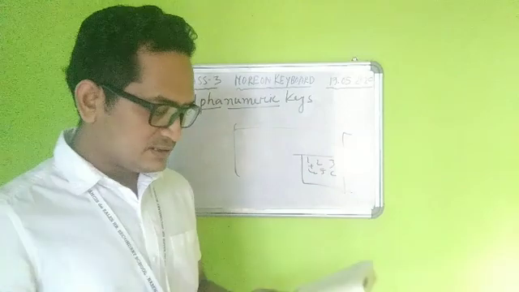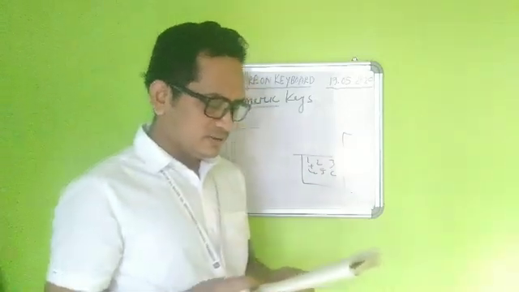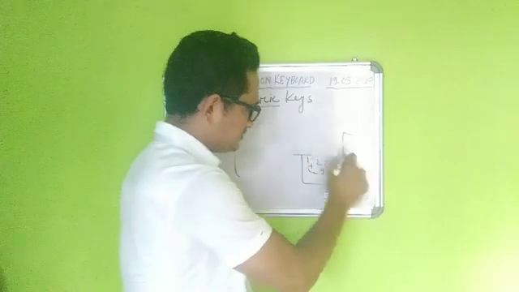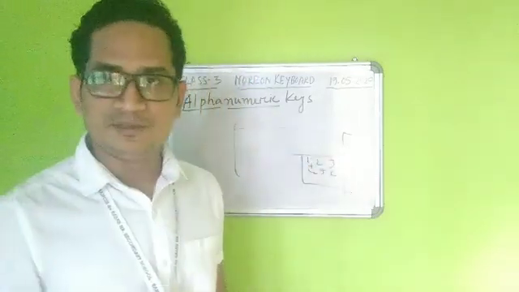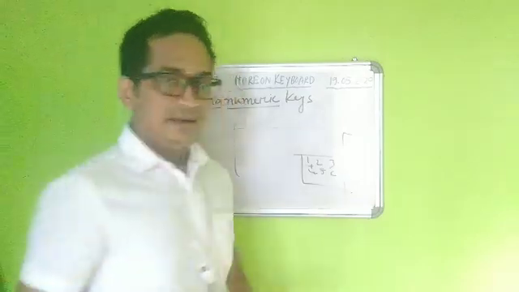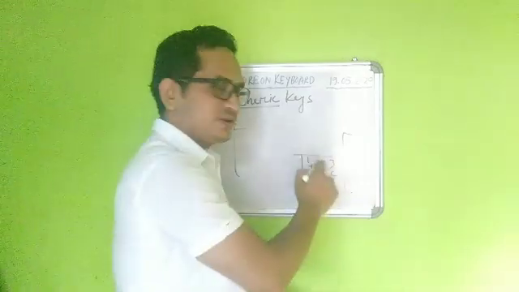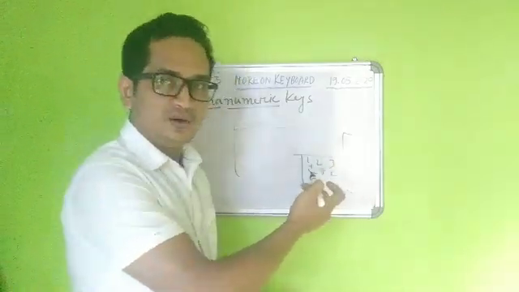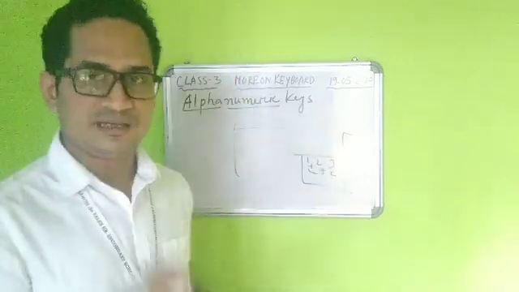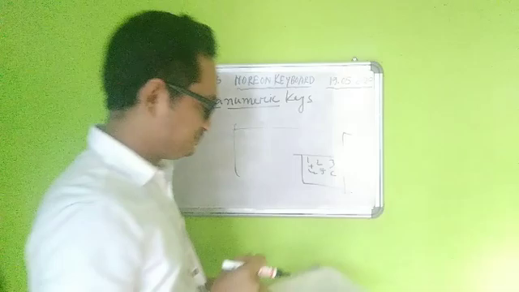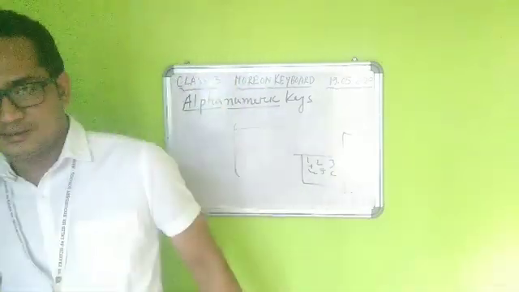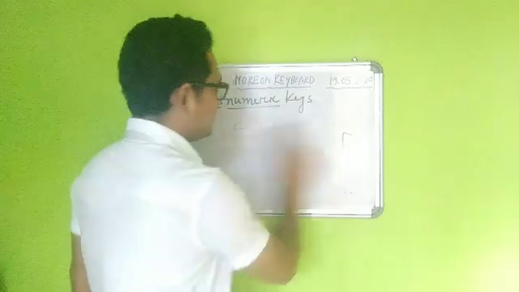Fine. So students, these are known as the numeric keypad. That means the numbers in the right hand side corner are known as the numeric keypad. And we can do operations like plus, minus, and all these operations with the help of these keys. So that is called the numeric keypad. Okay, so students, now we will go to the second type of keys,